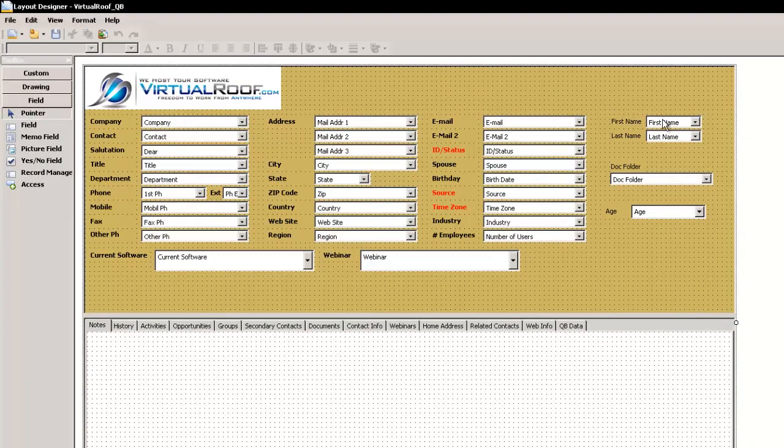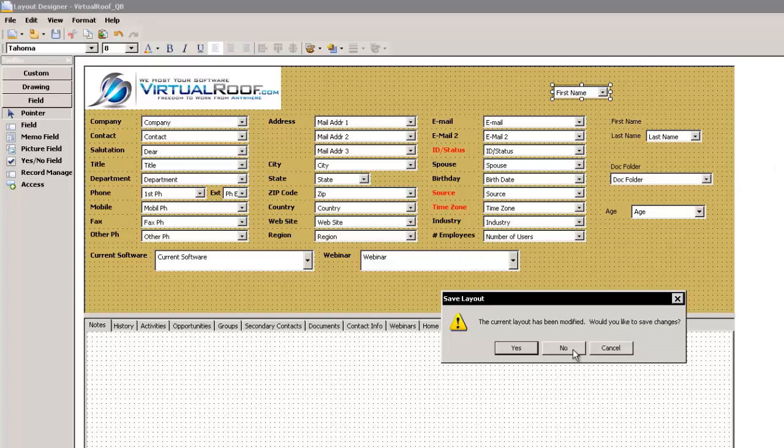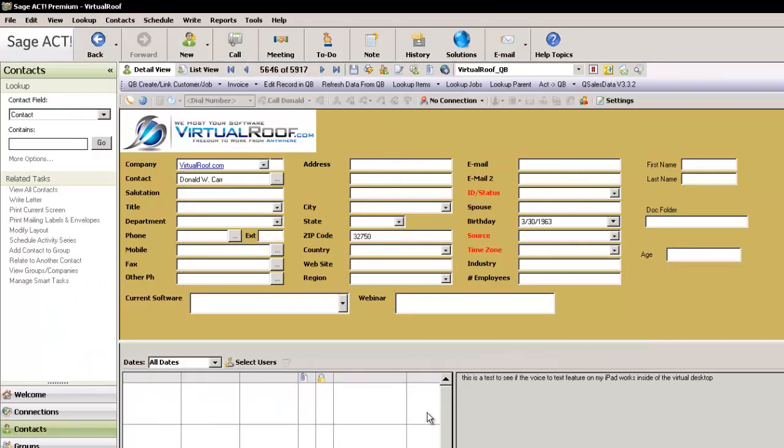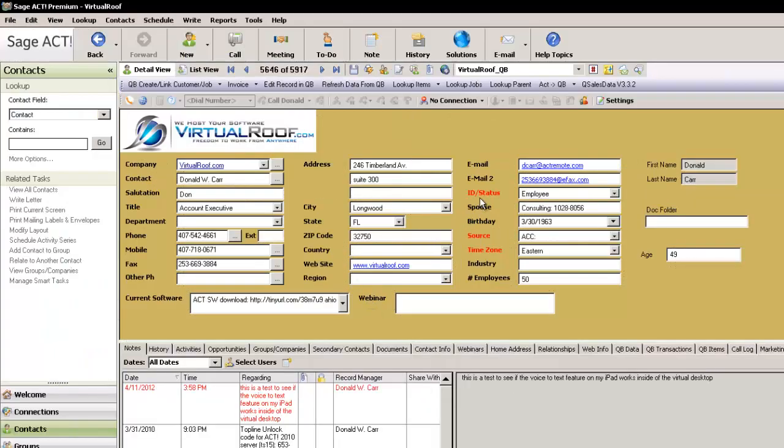And so now I can go in here and I can click on this first name field, for example, drag it up here wherever I want to put it, and now all of a sudden I've got the ability to manage or to customize my layouts, whether it's a contact layout, a group layout, a company layout, whatever. I can customize these layouts. I can also make things show up in red. I've got red labels on some fields here that are required in our database, and I can add new fields and things like that that are specific to our business. Okay,